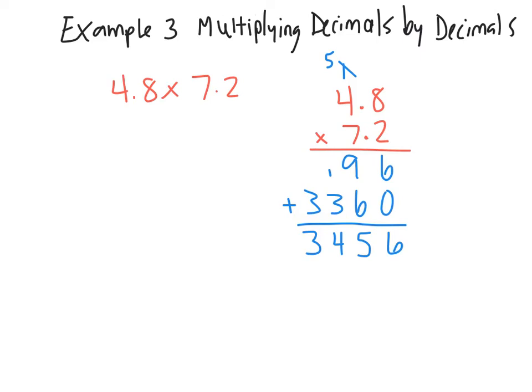Once I've done all my multiplying, I come up with 3,456. But what I need to do now is figure out how many place values do I have. So here's a decimal place, and here's a decimal place. 1 to the right of this on my top number, and 1 to the right of my bottom number. So what that equals is 1 decimal. Here's another decimal for a total of 2. So I just go down to my bottom, and I go 1, 2 places to the left, and I come up with an answer of 34